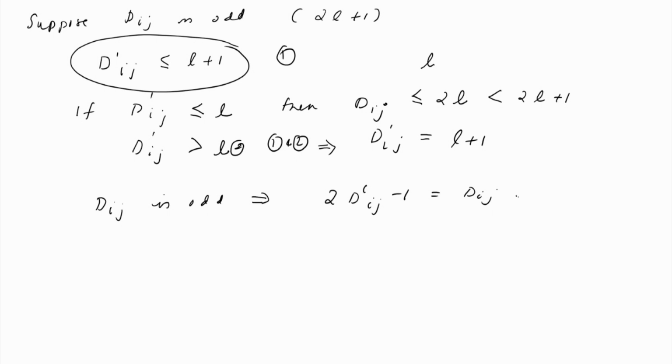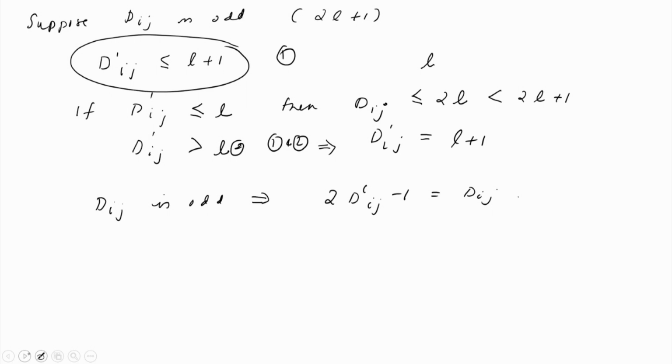So, what does this tell us? We have a graph whose distances we already know. For example, for G prime, the distance matrix is denoted by d prime. From d prime we can recover dij if we know the parity, the oddness and evenness of the distances. But now the question becomes how to determine the parity of these distances. If we know the parity, then we can recurse and compute all the individual distances. Okay. So, how do we compute parity?